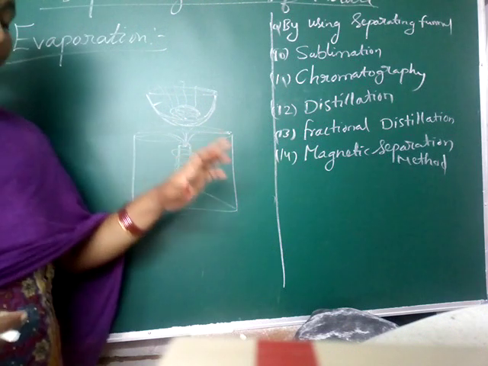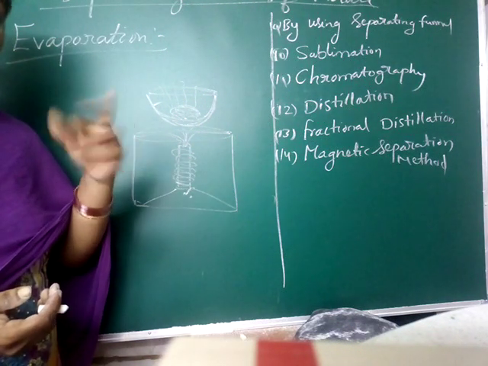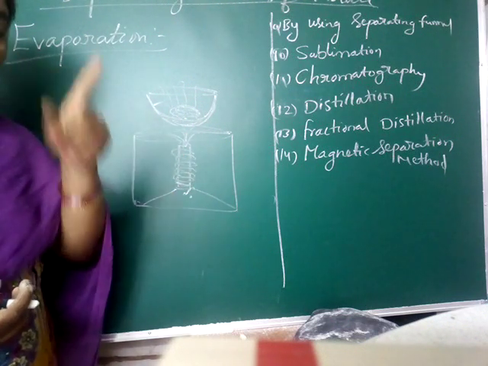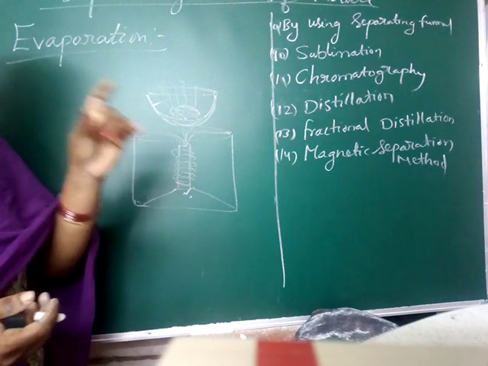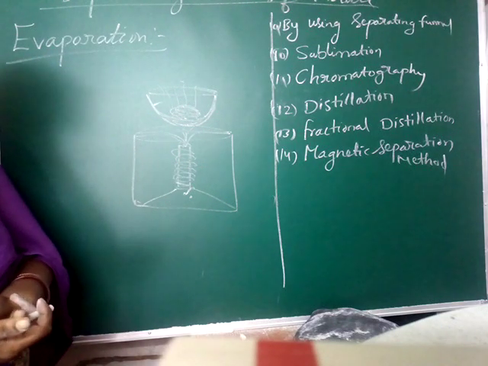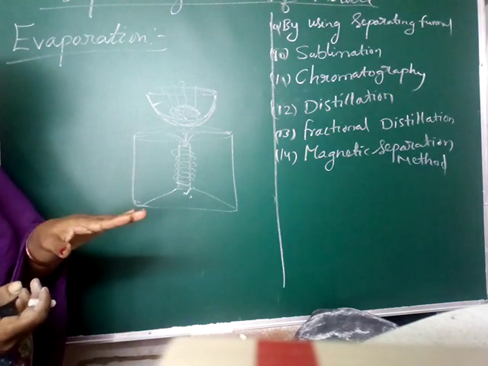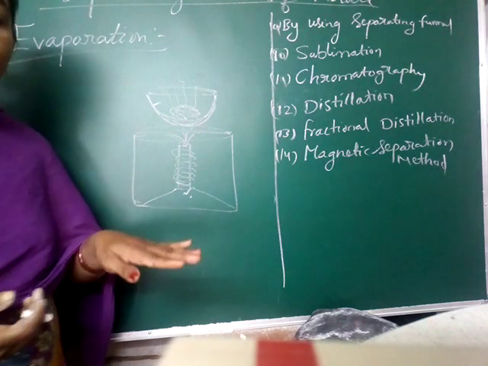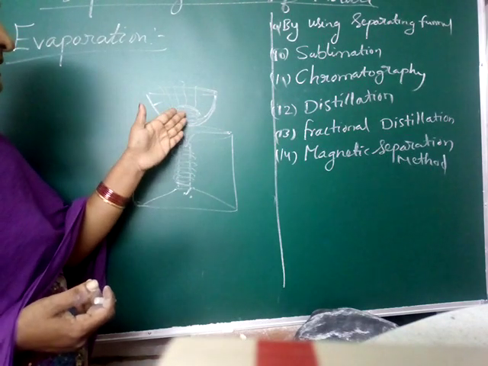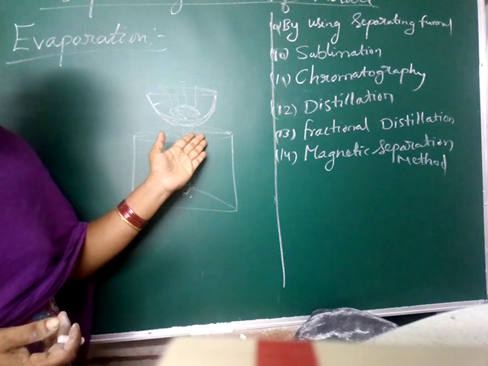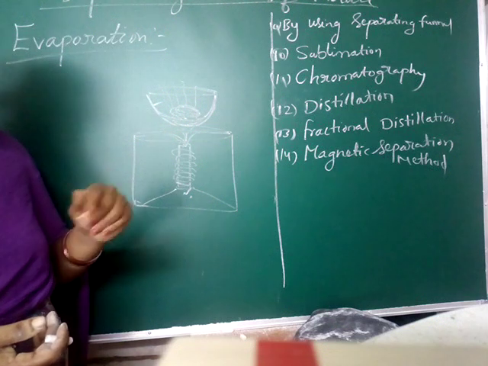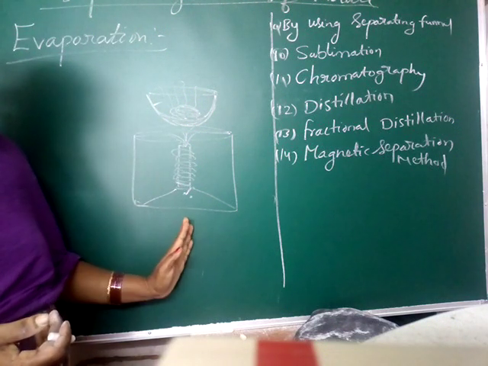How can you use the evaporation process in our daily life for separating mixtures? Think clearly. Only when a solid particle is present in the mixture do you use the evaporation process. One is liquid and one is solid, dissolved in it. Then when you are gently heating that, what happens? The water present in it will evaporate, and the solid solute remains. This is the separating method used in the evaporation process. You have to write this in your examination. That's why I am telling this.